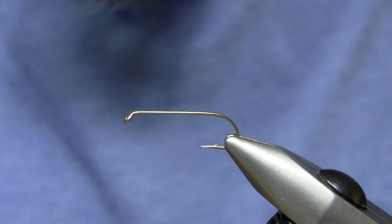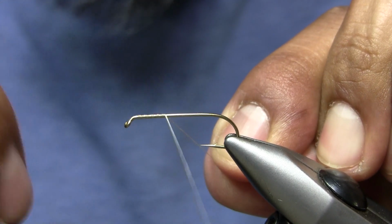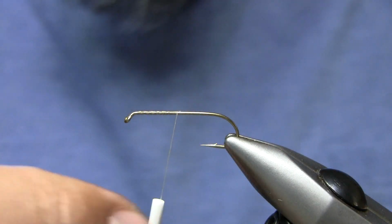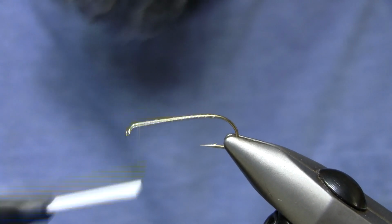You can run a big heavy tungsten bead behind this thing. You can do a lot of things. This is just a fun pattern to tie and a fun pattern to fish, no matter where you are. If you're fishing this thing, it means it's summer, which means good things. So I'm going to show you how to tie it, and we're going to start off by